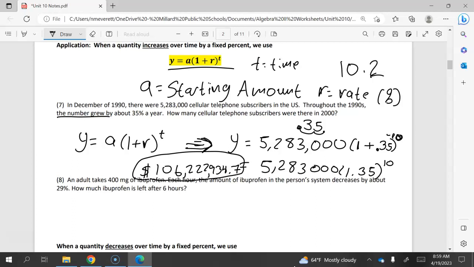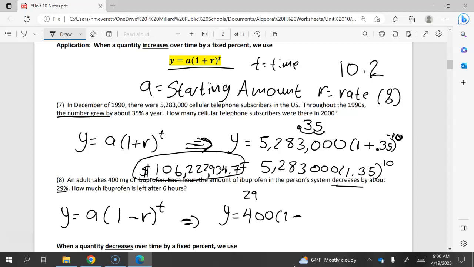Now we do number 8 here. An adult takes 400 milligrams of ibuprofen. Each hour, the amount of ibuprofen decreases by about 29%. So we're decreasing. Okay, so our percentage is decreasing. So we're going to be using the A times 1 minus R to the T equation, the minus R equation there. Let's just fill it in. A is your starting amount, starting with 400, parentheses 1, because we always have a 1, minus the rate, so that's our percentage, 29, move it over twice, so 0.29, or divide the 29 by 100,